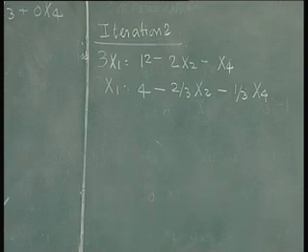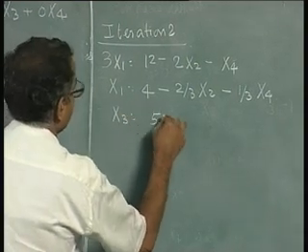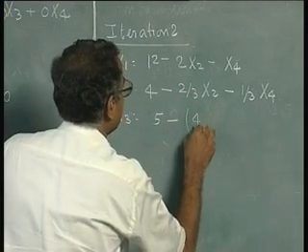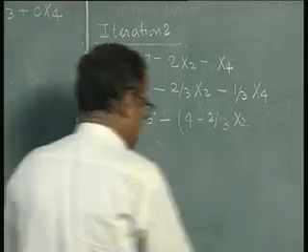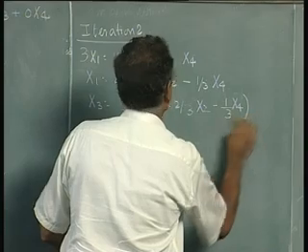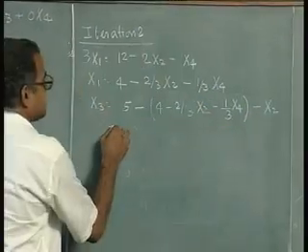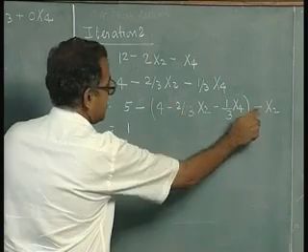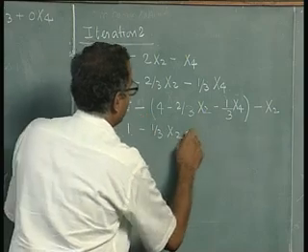Now we write this again by saying x3 equals 5 minus x1, we go back and substitute 5 minus 4 minus 2 by 3 x2 minus 1 by 3 x4 minus x2. This on substitution would give 1, plus 2 by 3 x2 minus x2 is minus 1 by 3 x2 plus